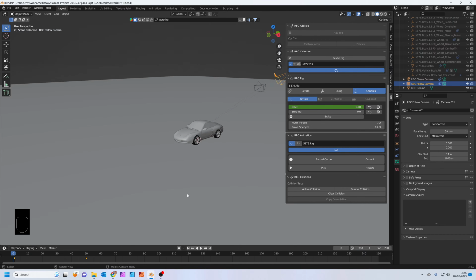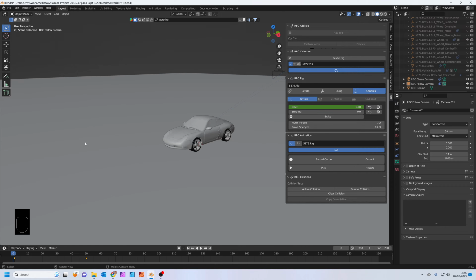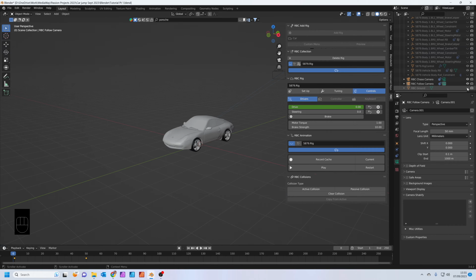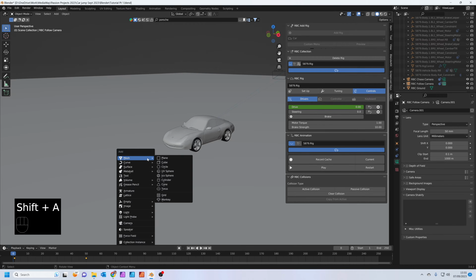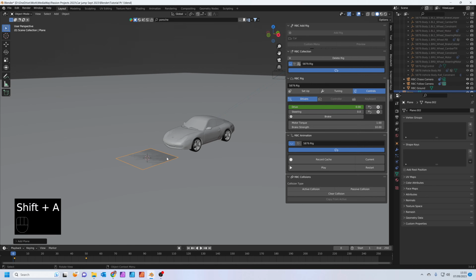Right, the next thing we're going to do. RBC automatic adds a world surface down here, where it says RBC ground, and that basically gives a collision for the car wheels to stick to, like a road. So let's add our own road in now. Shift and right click on the floor, Shift and A to add a plane.